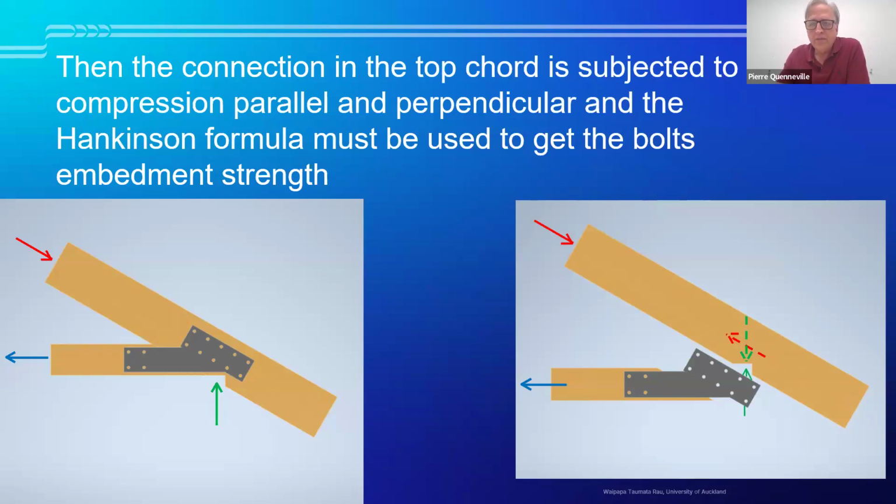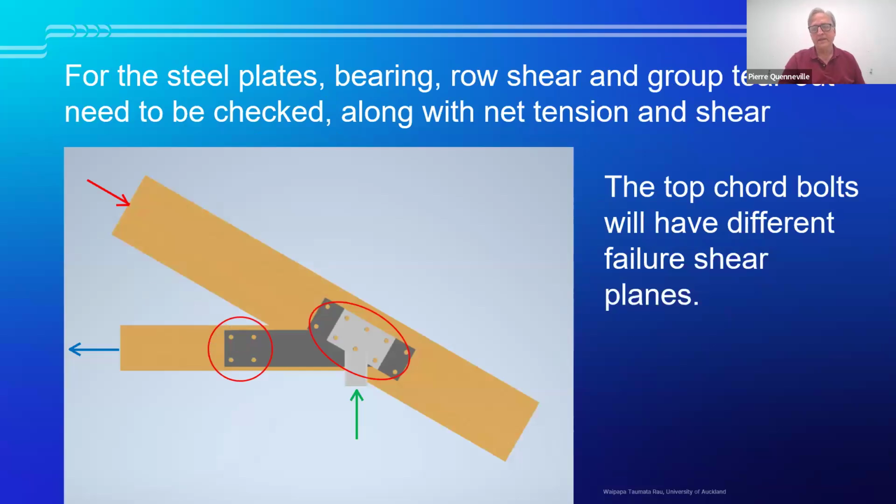It's just a bit more complication in the design of the bolted connection in the top cord, but nothing is overwhelmingly complicated. For the steel plate, the bearing would need to be checked at the bolts. The row shear and groove tear out would also need to be checked in the left end of the plate,